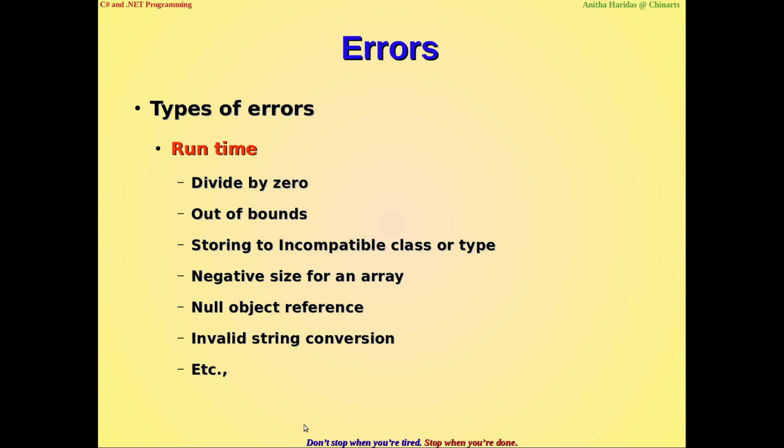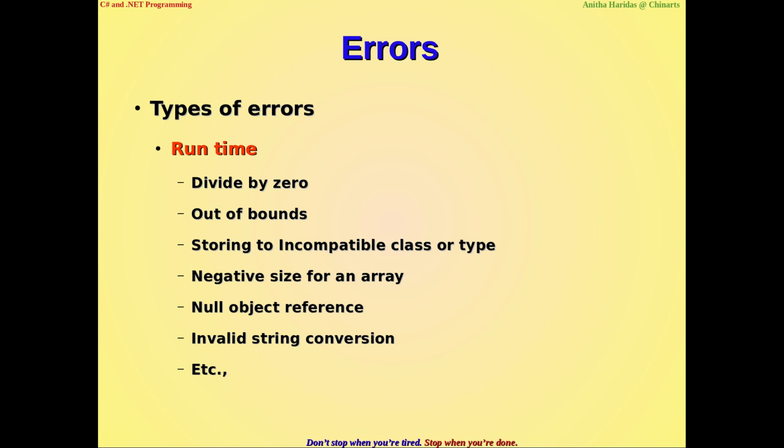Now, if you are having a compile time error, no object code will be generated. But if there is no compile time error, an executable code will be generated which can be executed using an interpreter. Now what happens when you execute a program with some kind of runtime errors? Your program gets terminated abruptly.